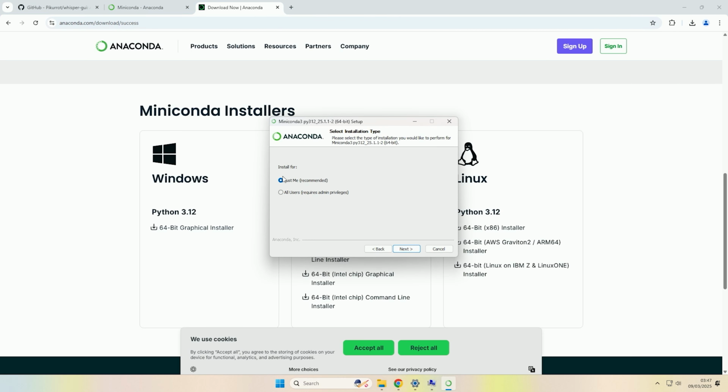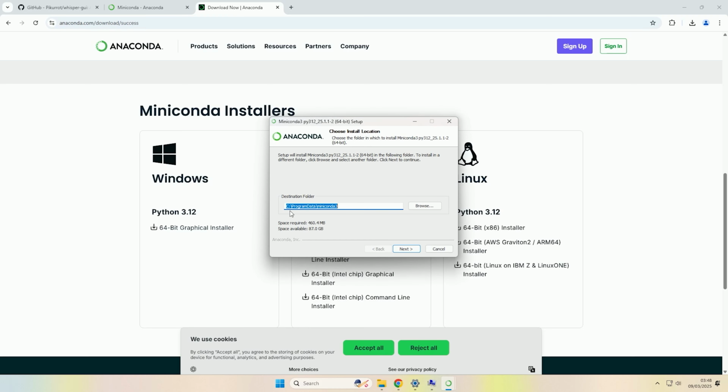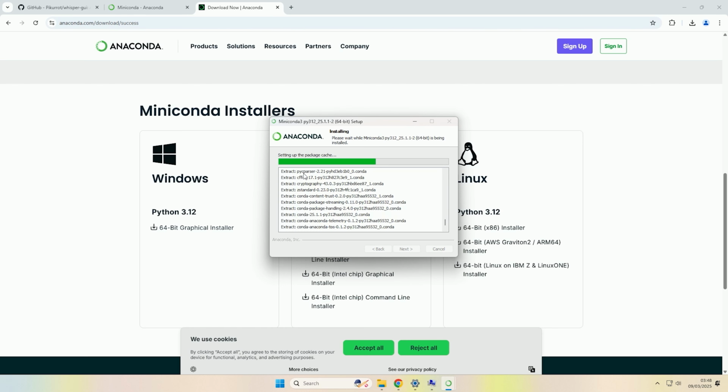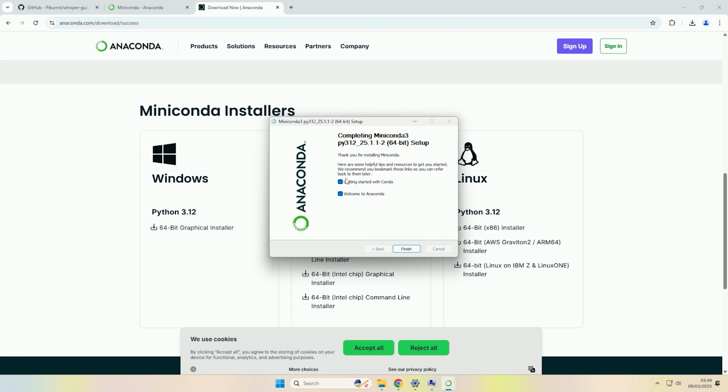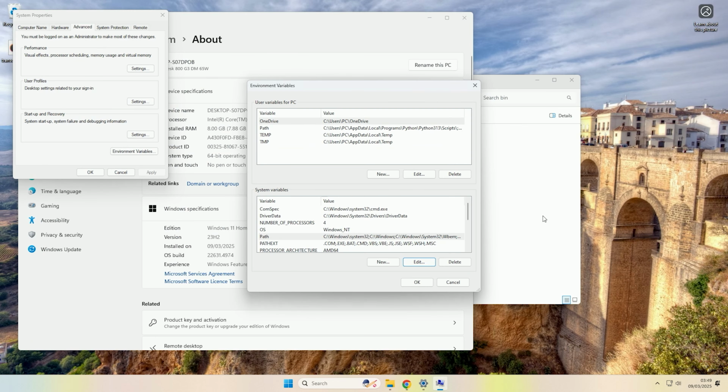then we will agree, and now at this part here where it says Install for, we're going to select All Users, and then click Next, then we will select Yes, then we will leave it on the default location, so that is in ProgramData and then creating itself its own folder. So if we now click Next, then Install, and we let it now install. And now that's completed, we can now click Next, and then we will just uncheck those two boxes and then click Finish. So now that's done, we can close down these two tabs, and we now need to add a